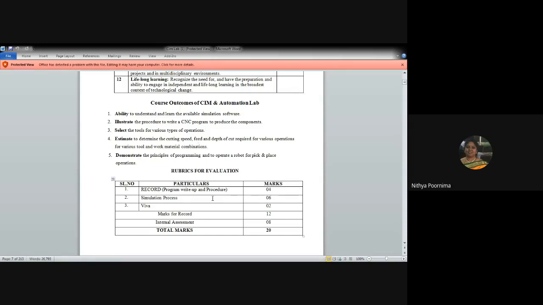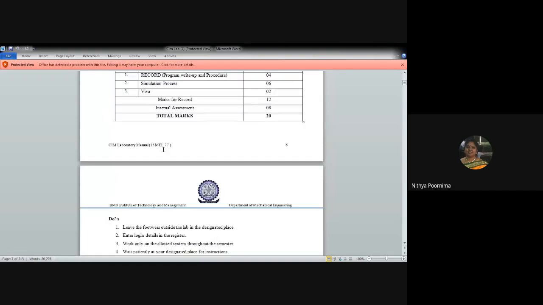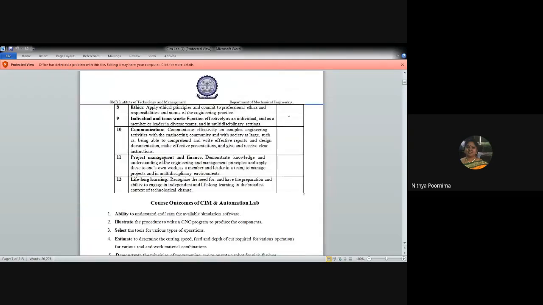Is it clear? So now, since we are doing everything online, from October 1st, you will start coming for the offline classes. But till then, this is how your marks for your write up will be. But I think for your 40 marks, right, for the records. Yes, ma'am. 40 marks. Okay, then I will give you the rubrics for evaluation a little later. So we leave this. Is there any doubt with your syllabus? No, ma'am. Okay. Then